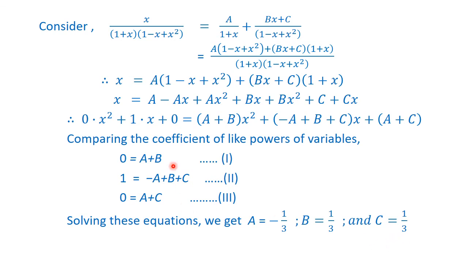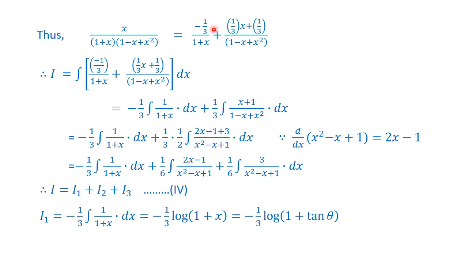Isn't it? So solve it and then you will find the values of the constants. Now using the values of the constants, here we get this rational form as minus 1 by 3 into 1 by 1 plus x, plus (x plus b) 1 by 3, plus x plus c, 1 by 3 upon 1 minus x plus x square. Okay. Therefore, I is equal to, replacing this rational form by this partial form in I, we have